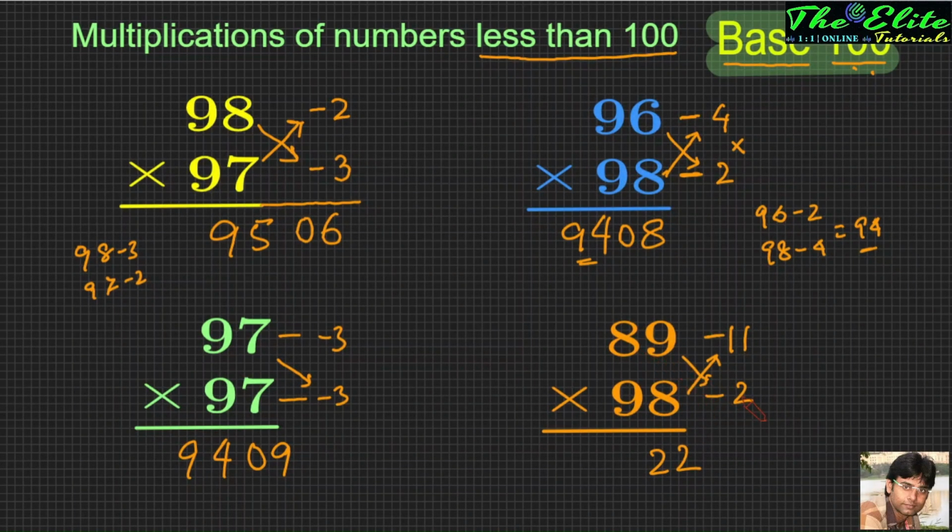Either 89 minus 2, that is going to give you 87. And now you can check from here whether we get 87 or not. 98 minus 11 is 87. So either way, whichever you think is easy for you to get the answer, you can do that. So, 8722. You can just feel that you took only 2 seconds to get this kind of a big multiplication